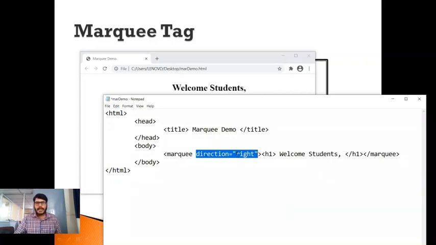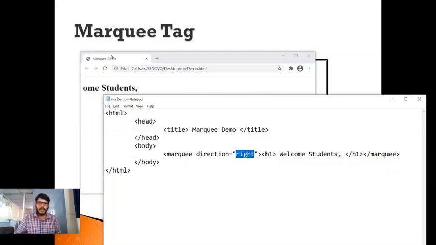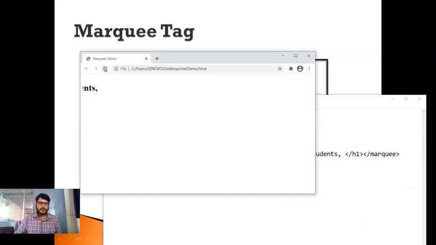I can set a value as right or left here. Let me see what happens if I include the right value. I have used double quotation to specify the value here. After this, let me save this and refresh here. You can see here, now my text direction has been changed. Now my text is moving towards right.